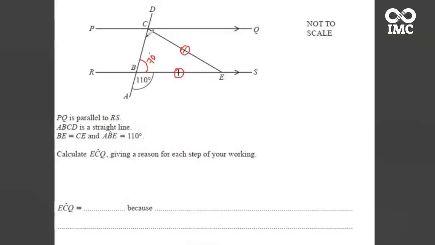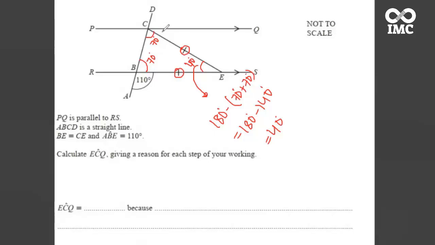So if this one is 70, then this one must be 70, because these two sides are equal. So these two angles must be equal. Okay. So fine, we can find out this angle. Now, what is the measurement of this angle? This angle will be 180 degrees minus (70 plus 70), because the sum of the three angles of a triangle is 180. So 180 minus 140 degrees will be 40 degrees. So this angle is 40.